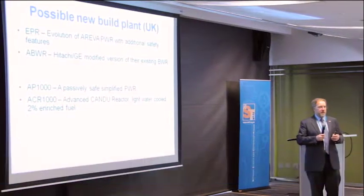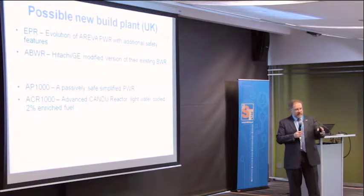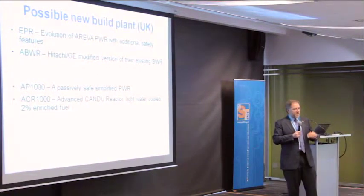Choosing 4 designs that would go through something called the generic design assessment. When we built Sizewell B, we got ourselves tied up in knots in terms of how to go back to what is a neutron. Essentially, I'm being slightly facetious here, in terms of assessing the safety of Sizewell B. And Sizewell B took an inordinately long time to get through the